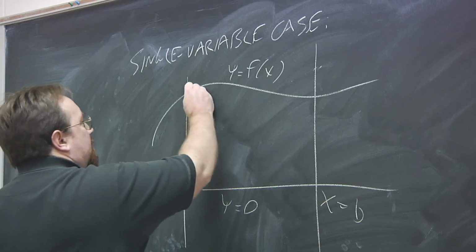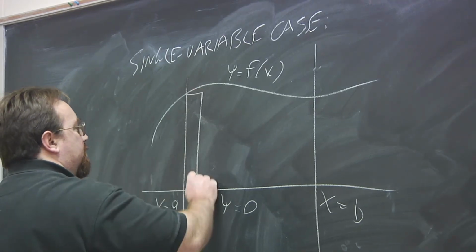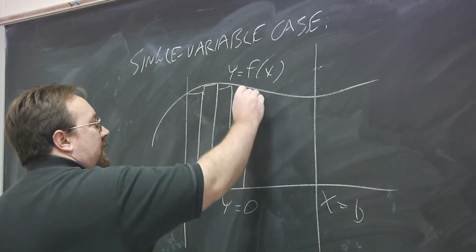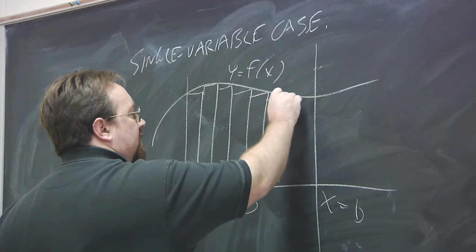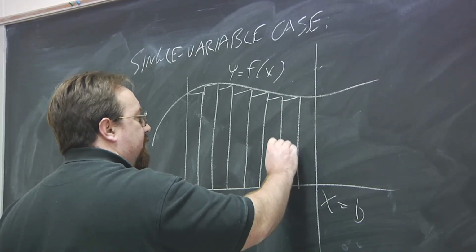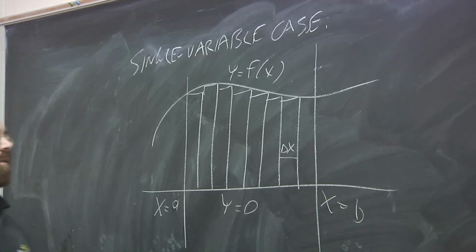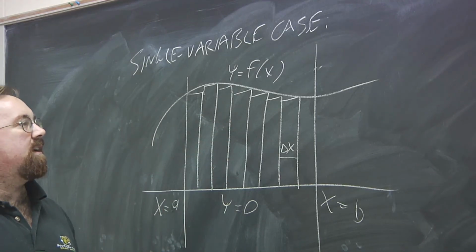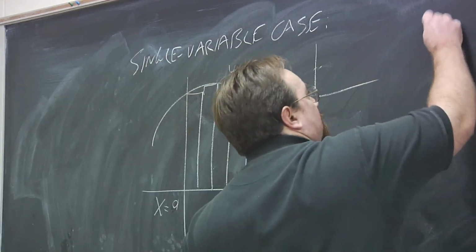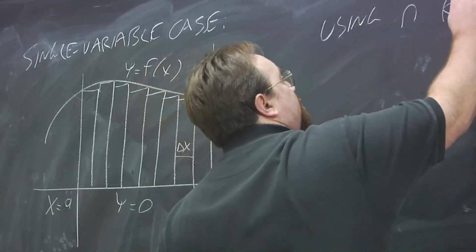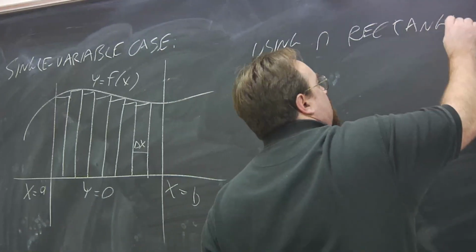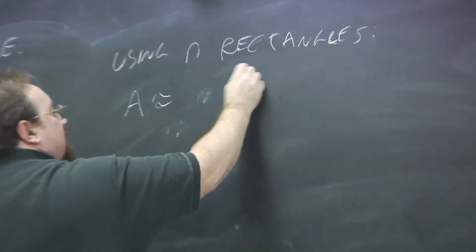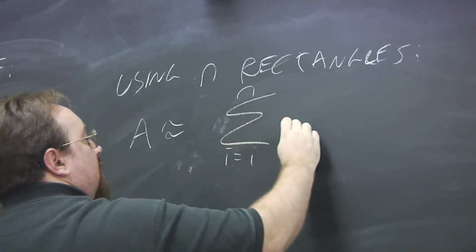The way you go about it, you approximate this region by several rectangles, and each of them has a width delta x, and the height is dictated by the function. So if you're using some number of rectangles, n, then the area is approximately the sum of the areas of